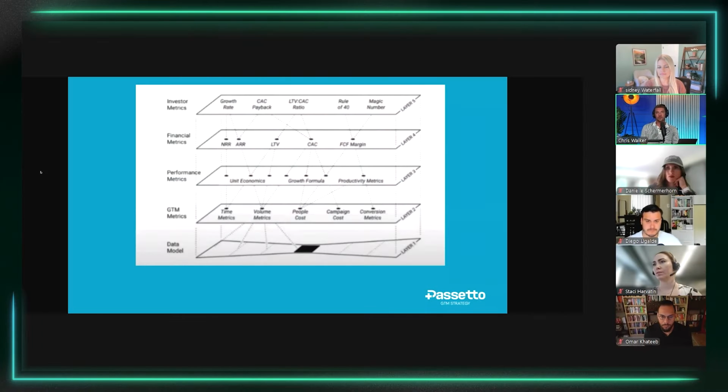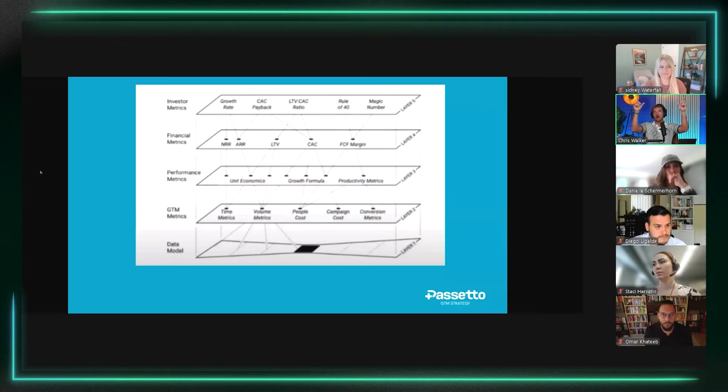Again, another model by Winning by Design, something that I agree with in theory, and now we're sort of modeling how this is going to work in practice, because a lot of the theory breaks down when you start to make it practical. So we're making adaptations to this, but as a high-level framework, I think this really helps. If you look, you can see the different layers of the metrics. Layer 5 at the top, what the investors, the board, and probably the C-level executive, CEO and CFO are looking